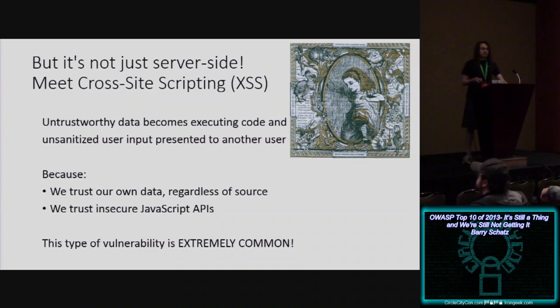We trust our own data. So a lot of times, a potential injection attack might have made it through to your database, but it's escaped. It's fine. It's not going to actually muck with your own data. But it can get bounced back out to your users. And just because it doesn't attack your server doesn't mean your users are safe. And once they're owned, you've got owned users who probably have legitimate credentials on your machine, so kind of not good. Insecure JavaScript APIs are a similar issue.